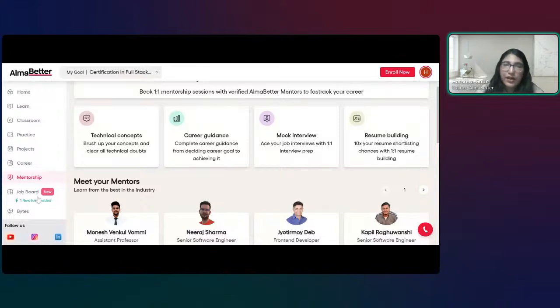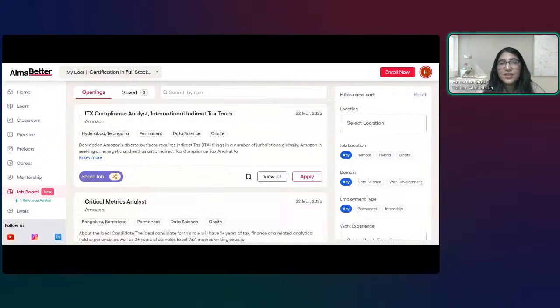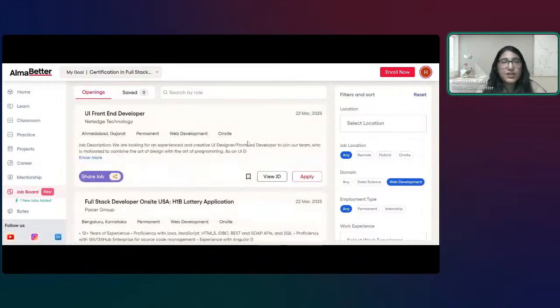Okay. Now there is one more exciting thing we are offering on our platform, that is the job board. Students who are enrolled with us, aspirants who are enrolled with us, can access this job board. You can filter web development job opportunities and see the companies who are currently hiring through us. We provide all kinds of job opportunities on a daily basis. Whatever hiring we get every day, we offer here in our job portal.